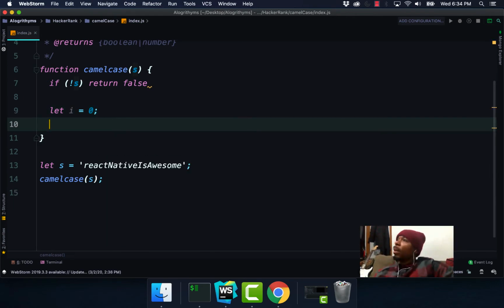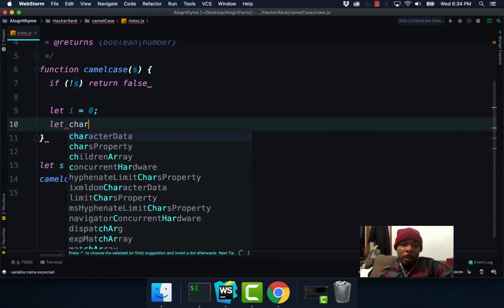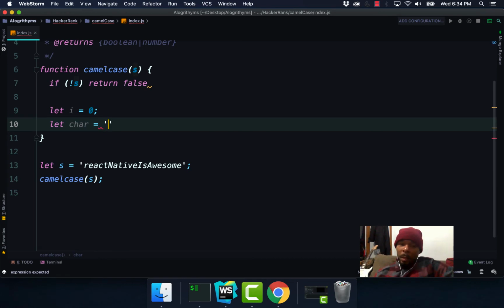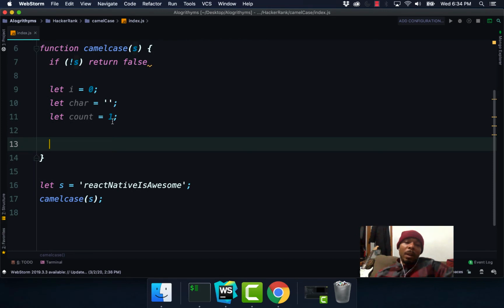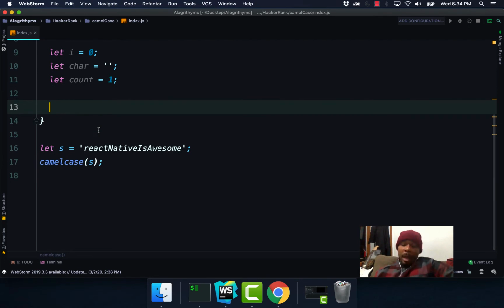So i equals 0, and we're going to create a character variable as well. We're going to set it equal to an empty string. And our count, we're going to set equal to 1. By default, our count is 1 because we know that the first letter within our string is lowercase. So we're going to set that as 1. And we're going to use our while loop. And while i